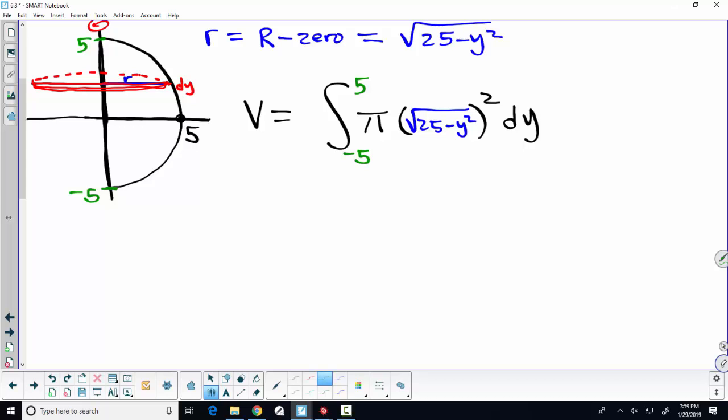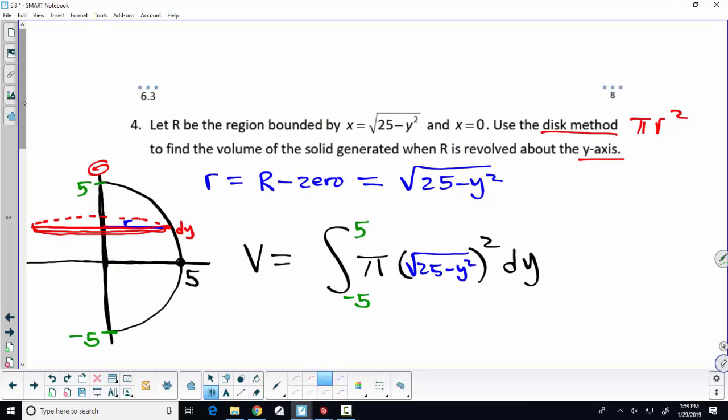Basically the setup, utilize symmetry if you want to, but are we all okay with that? Yeah. Which one? This one or both of them? So